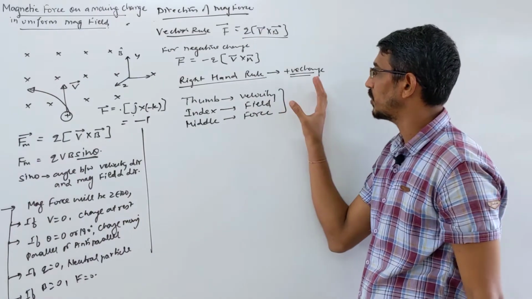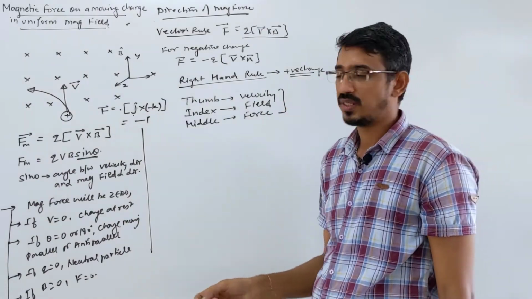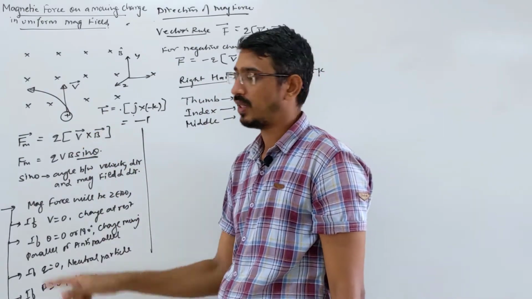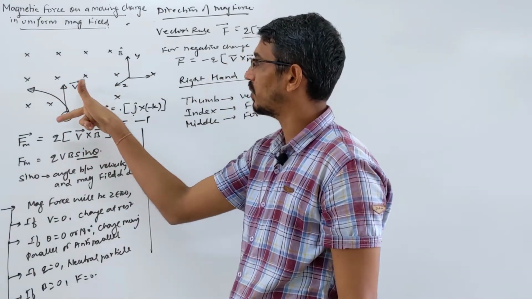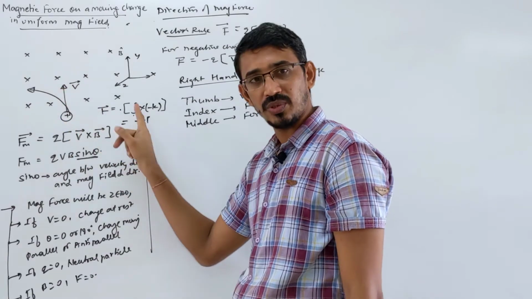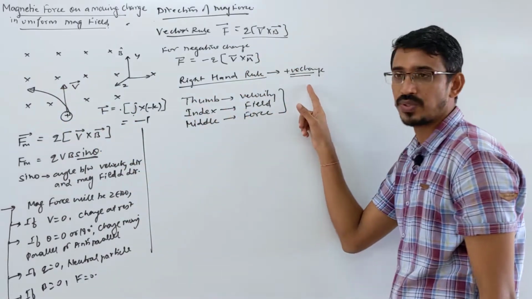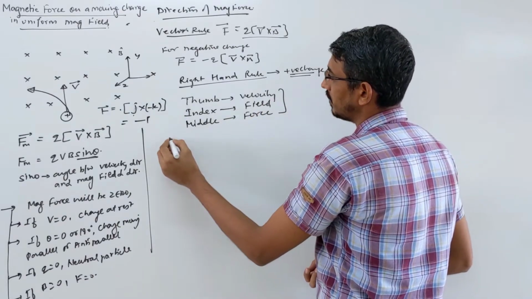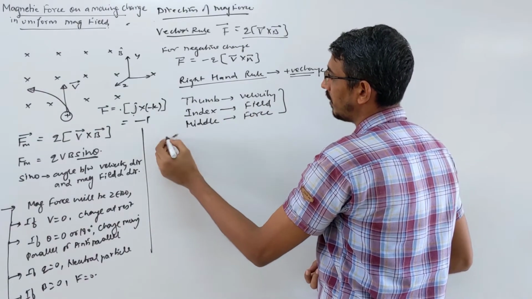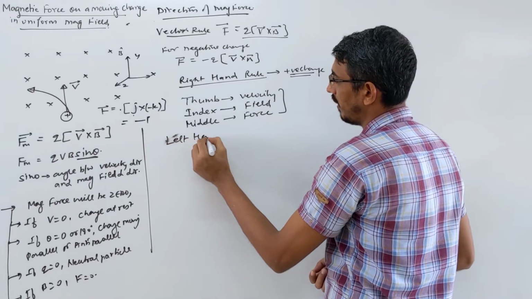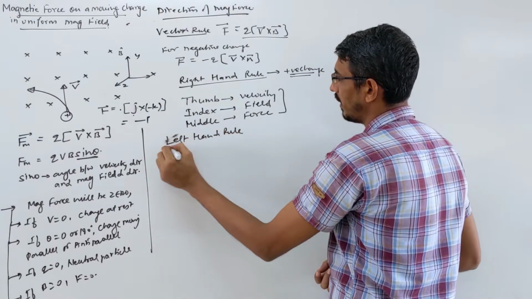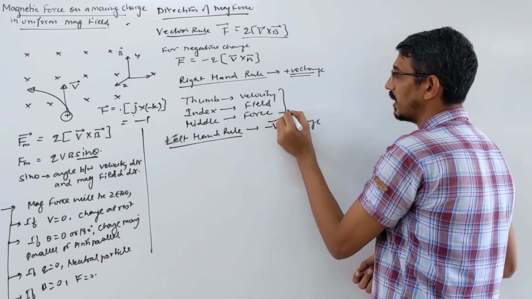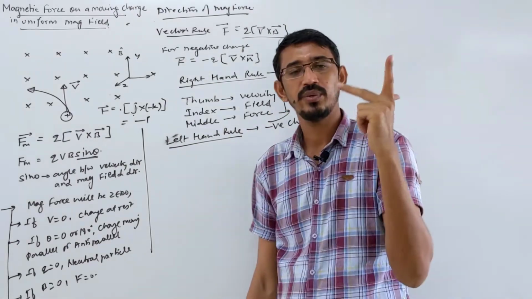What I'm saying, this is for positive charge. By chance they use negative charge, then whatever answer you're getting by hand rule, opposite of that will be your answer. Suppose this is an electron and by hand rule you're getting force in that direction. So answer is what? Opposite of this, because this rule is for what? Positive charge. Or if you confuse, then what you can write? If negative charge means what? You can write left hand rule also. There is no such rule, but you can use left hand. This is for what? Negative charge.